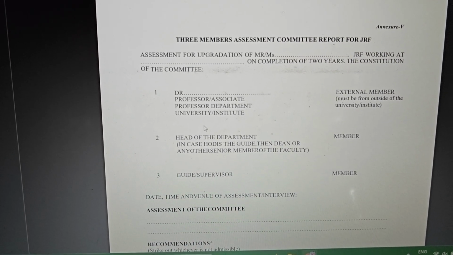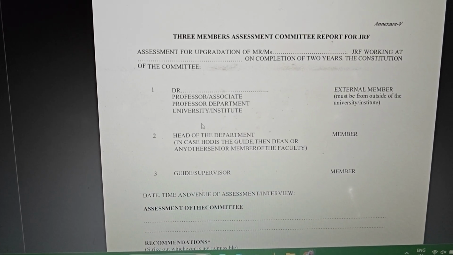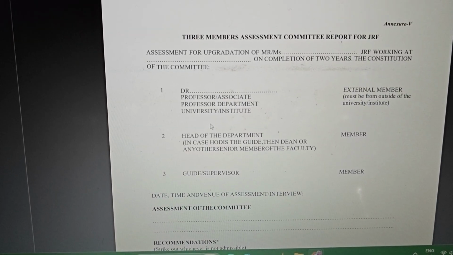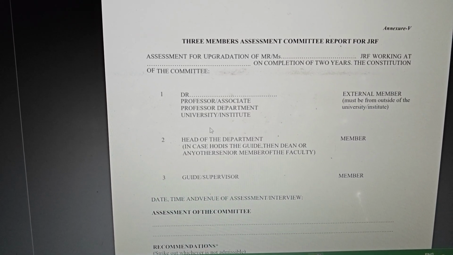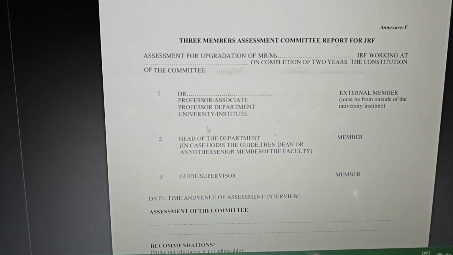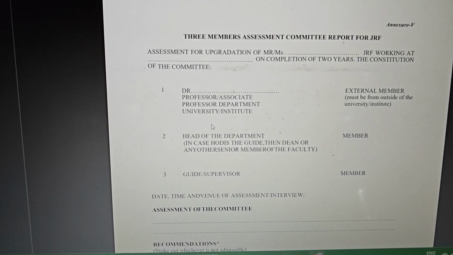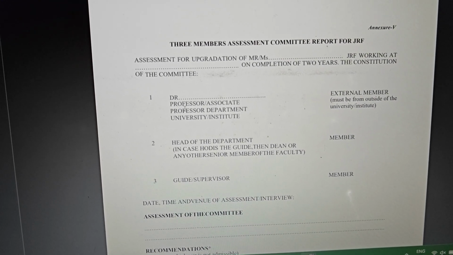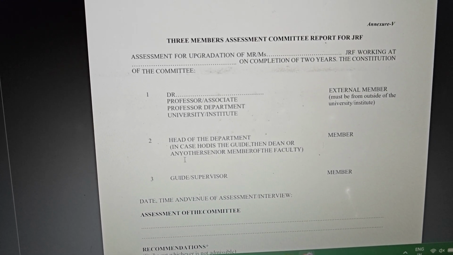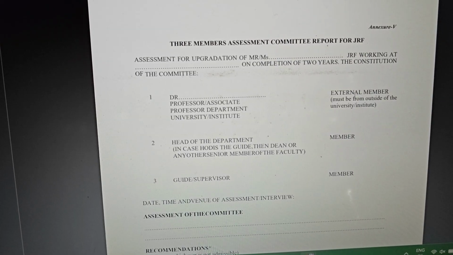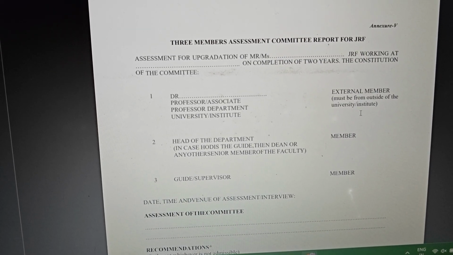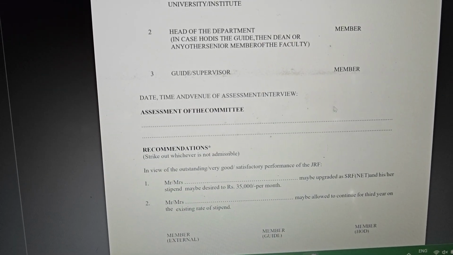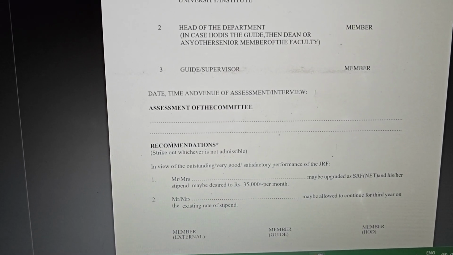Another thing is that the head of the department should also be present in your committee as a committee member. If your head of the department is also your committee member, then that's well and fine. But if he or she is not a member, then you have to arrange for them also. And the third one is your guide or supervisor. So you need their signature and their institutional seal, and their assessment date, time, and venue of assessment